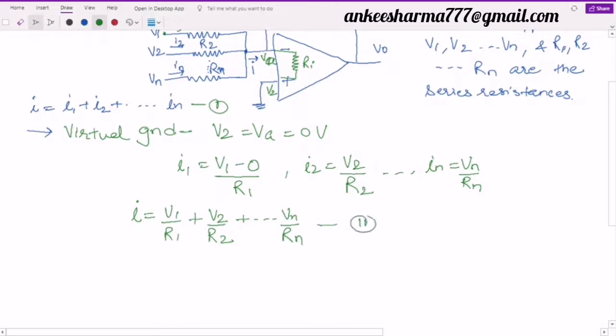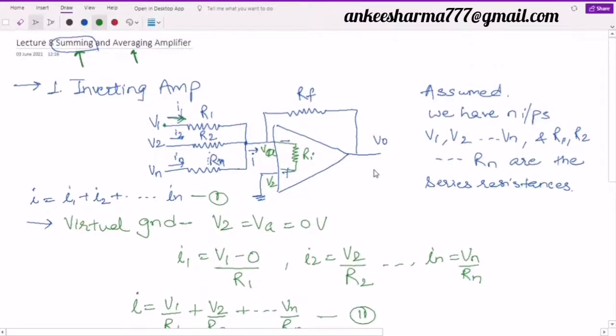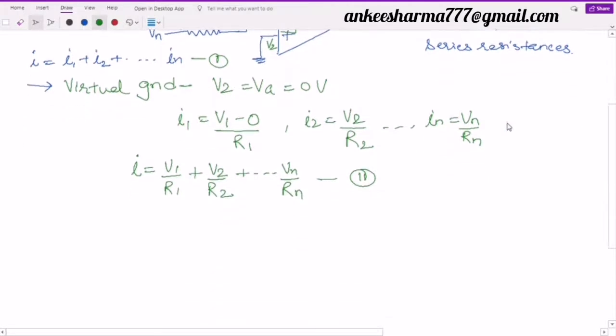Let this be equation number 2. Very simple mathematics. Now, what if I have to find the value of V0? If I look at my circuitry, this is my voltage V0 and this terminal VA is grounded. So can I say, if this total incoming current is I, no current is going inside because Ri is very large, then all the current will flow in this branch and it is equal to I? So over here, can I write my V0 as minus Rf into I? V0 is equal to minus Rf into I.